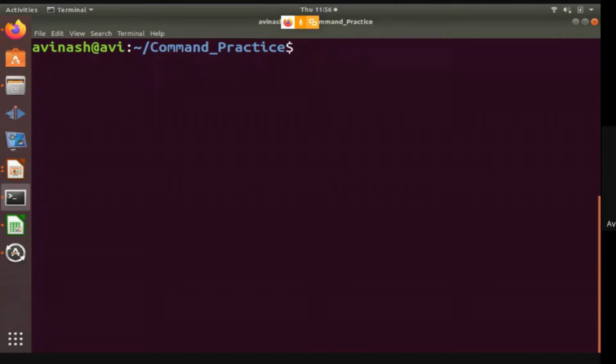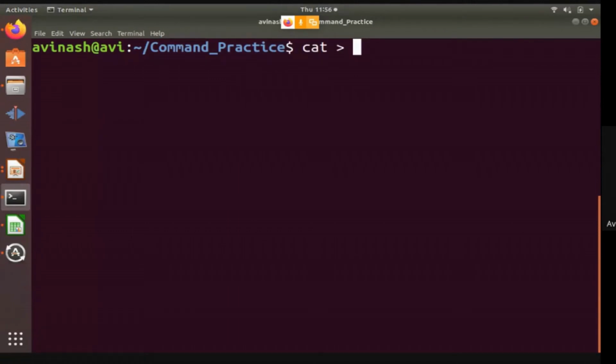First purpose, to create a file. So cat, and this is called the redirection operator, or we can say a right angle bracket. In mathematics we call this a right angle bracket, but in Linux we will call it a redirection operator.